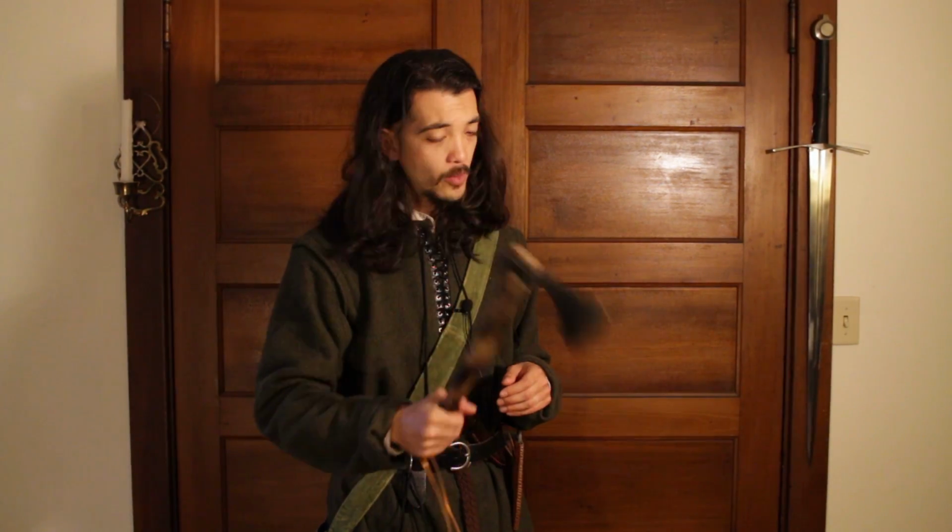This axe is going to be the center point for a number of experiments that I do in the future, and I don't see a world in which it isn't an item that I reach for in any of my ranger loadouts. I am in love with this knife. Did I say knife? This is an axe. This is an axe. It works as a tool, it'd work as a weapon, it's weighted for throwing, so says